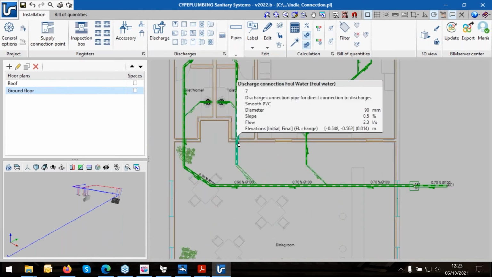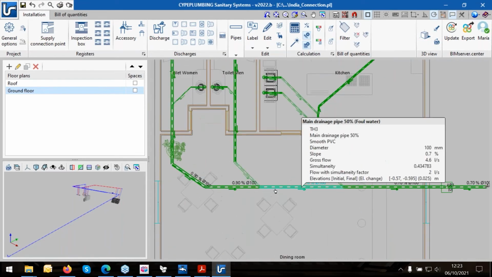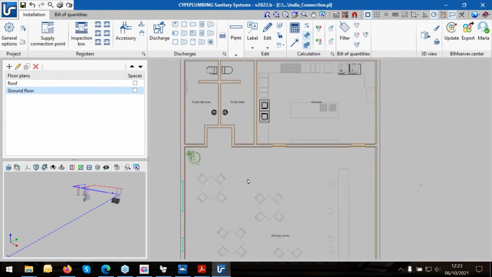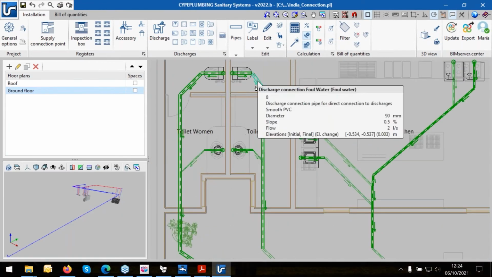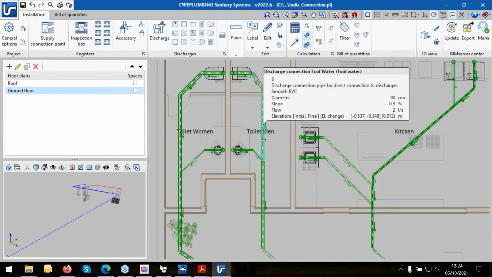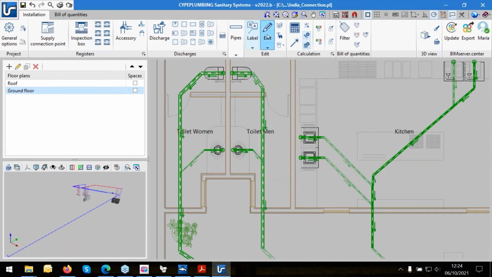Of course, in this case, I was choosing this test connection. Maybe we could change it. For example, if this is the test connection, but here, for example, it could be